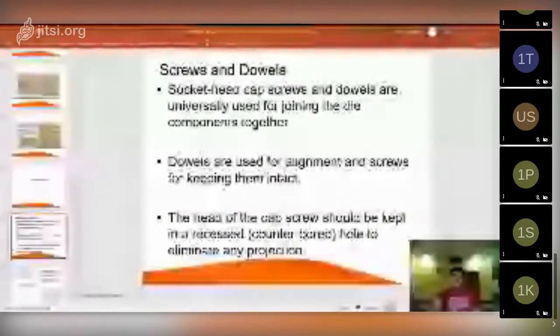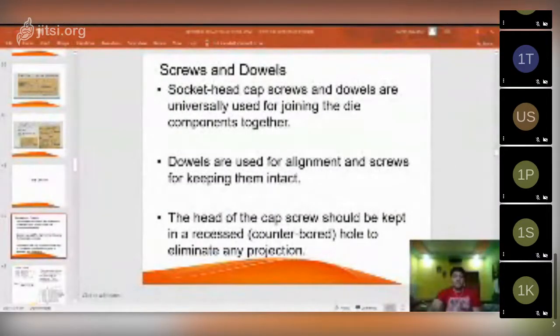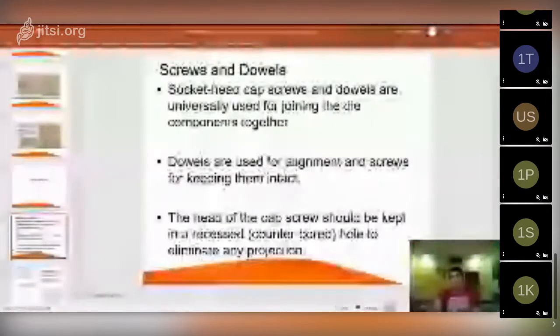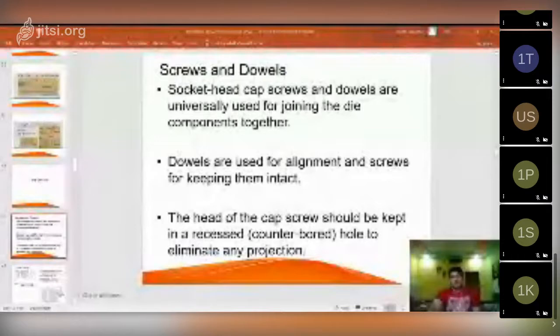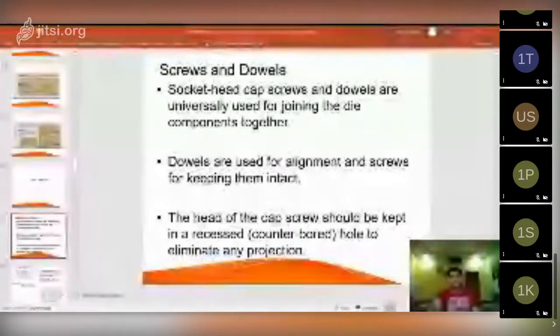So the die block is secured either to the die shoe or bolster plate. Whatever the die block is secured to, either the die shoe or the bolster plate.